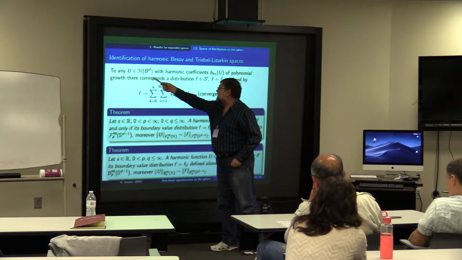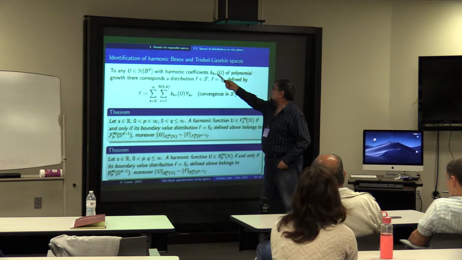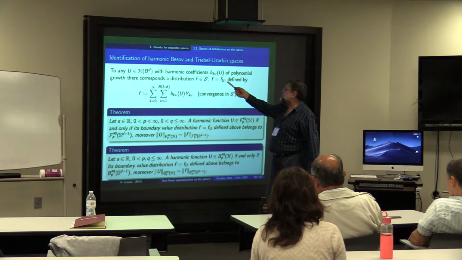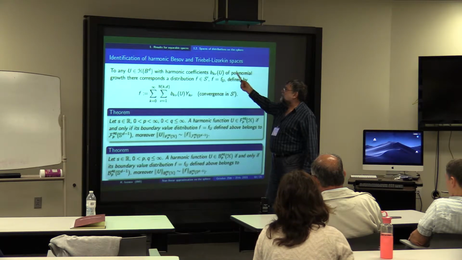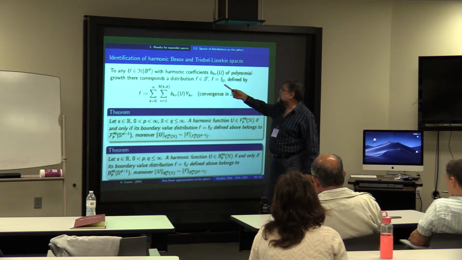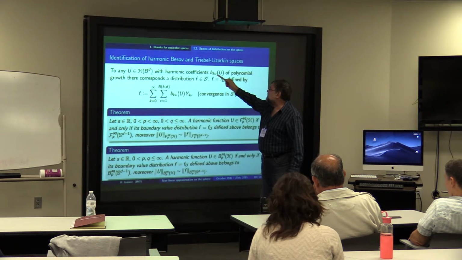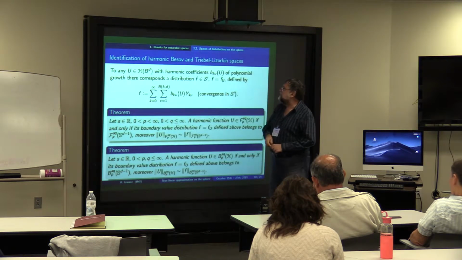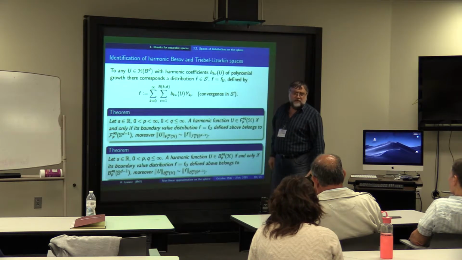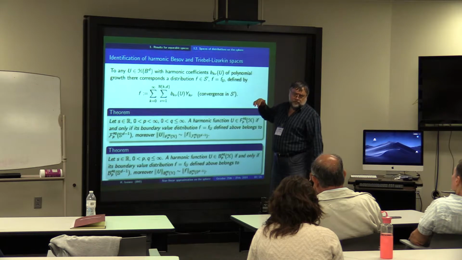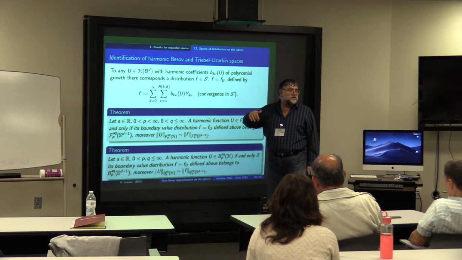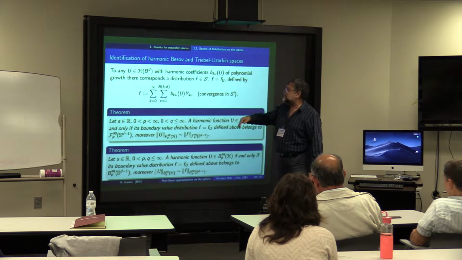Take any harmonic function, and let these numbers be the harmonic coefficients. They have no more than polynomial growth at infinity. This means the supremum over nu, as a function of k, goes up to infinity with polynomial order. Actually, they will usually go down with good smoothness, not to infinity but to 0, but it doesn't matter. This is an upper bound.